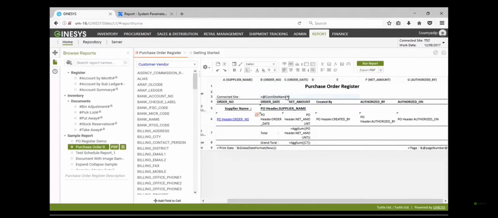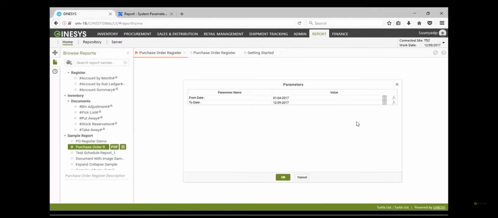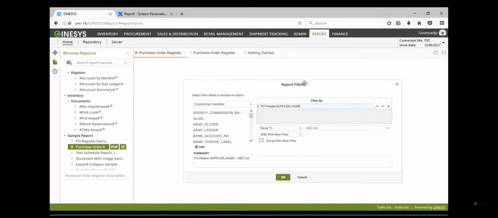Now let me show you some of the filter options available. Okay. Now see, if I run this report, see this filter dialog box, this report filters have every option available for the end users, but I don't want this many options to be available to the end user, because